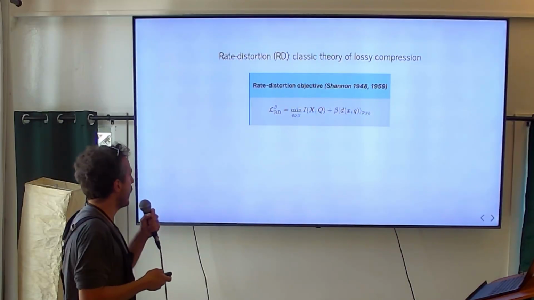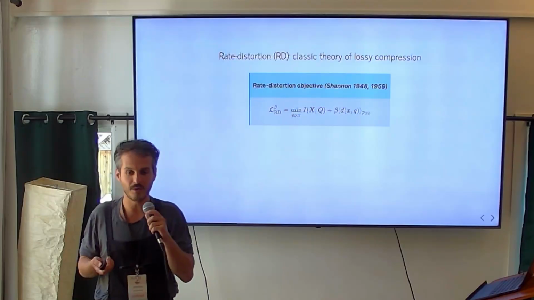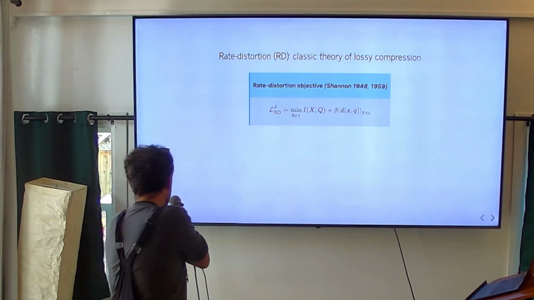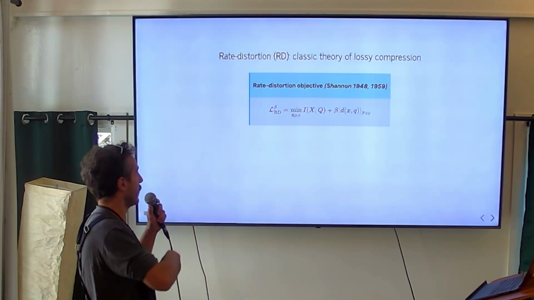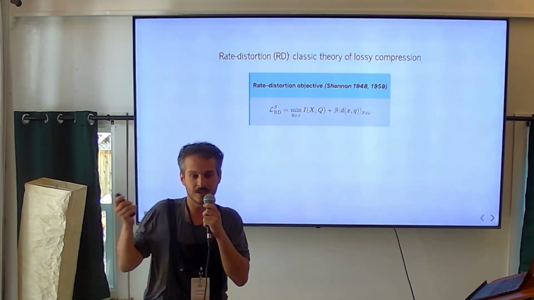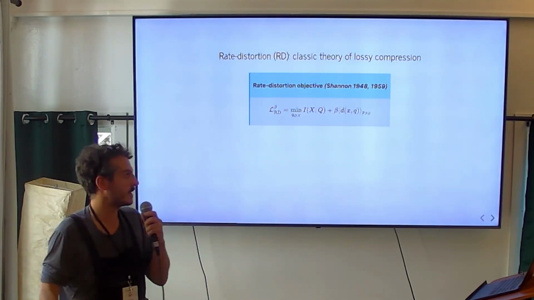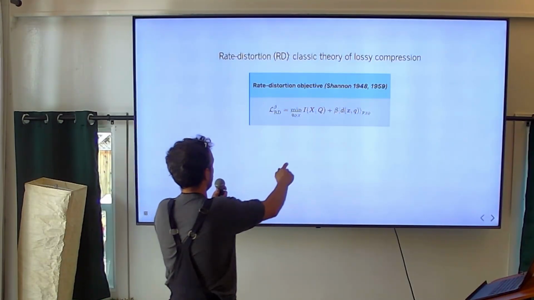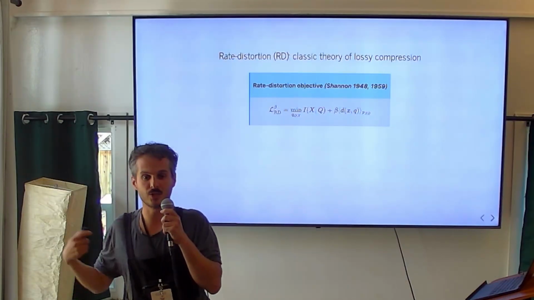Great. So there's also a different way to think about the information bottleneck, closely related but different, which is rate distortion theory. Rate distortion is something that Shannon already thought about in his classic 1948 work, and then wrote another paper about. Basically it is the classic, well-established theory of lossy compression. If we want to compress something, how should we do it? Rate distortion theory says that we should minimize the mutual information between X and the compressed representation Q, but also minimize this expected distortion function.